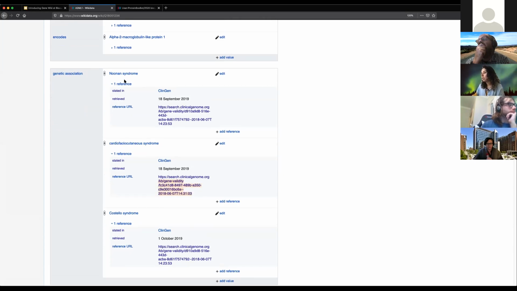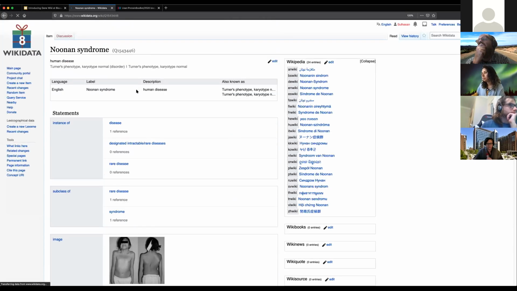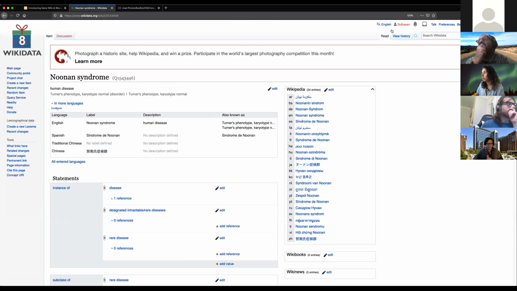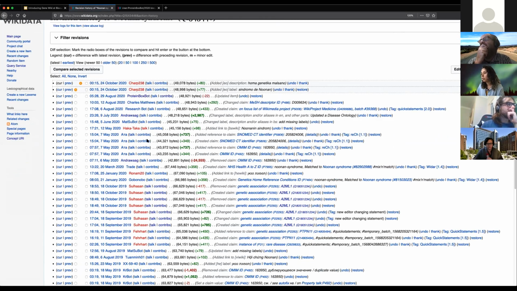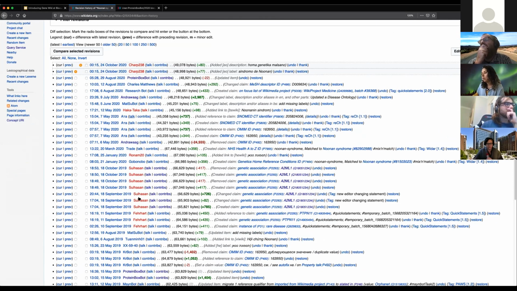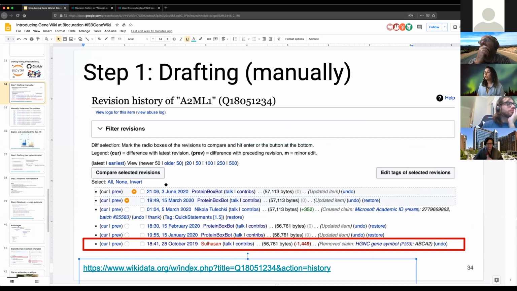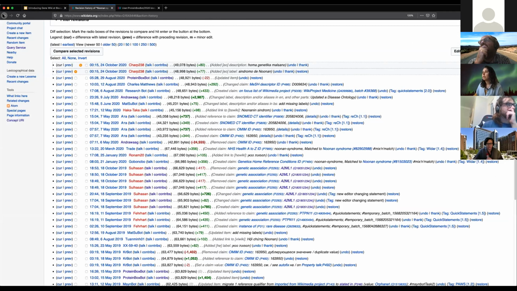So I can then click to Noonan syndrome, and I can look at the history here. That's the association, so making sure that there's symmetry on both sides. Again, you can see the edits that I had, and then Andra did something, and then protein box bot did some update here probably. Okay, so first just walking through, and when I was first doing this, again, going back to that